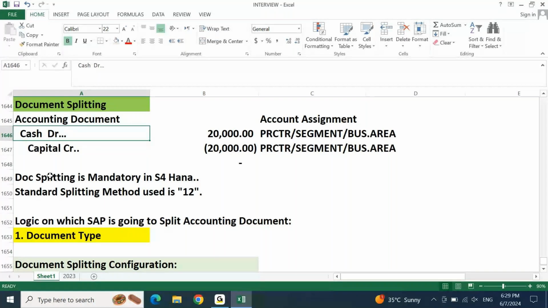According to document splitting, for the cash GL account category and for the capital GL account category, we would have assigned an item category list. Now this item category is something which is verified and controlled by your document type. Your document type, what it will see, if I put down here,